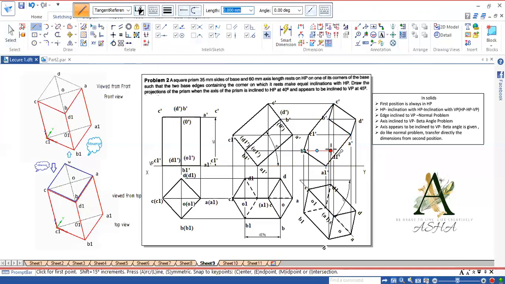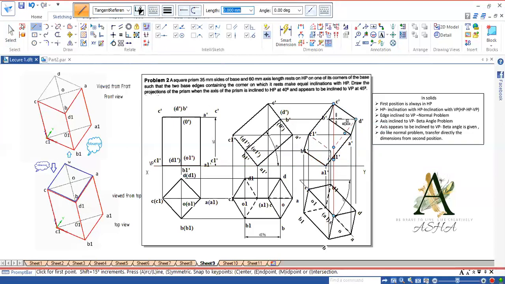So D1 is connected to A1. D1 is connected to C1 and D1 will be connected to D. So those lines will be hidden.